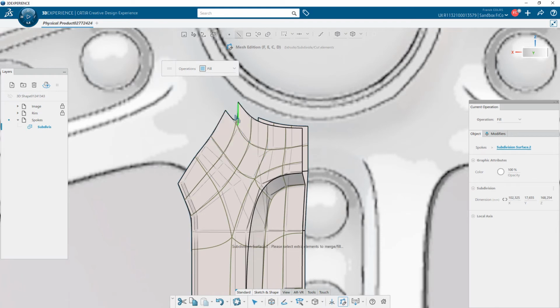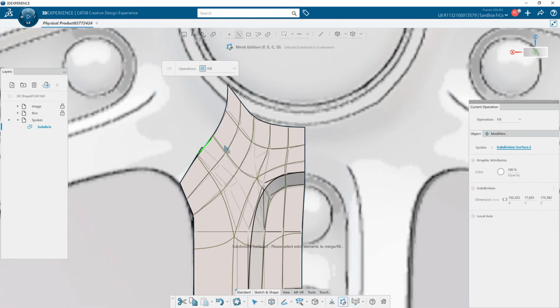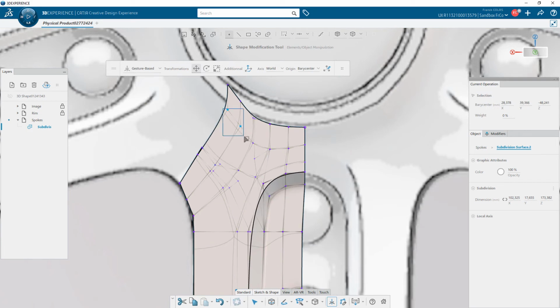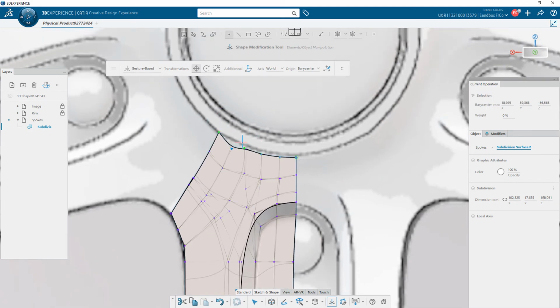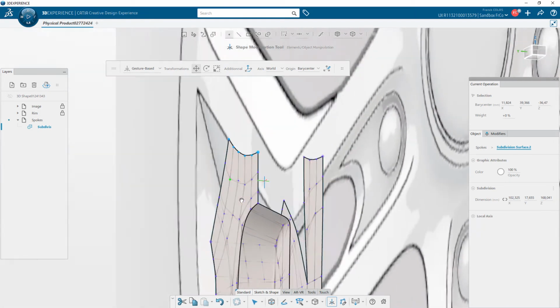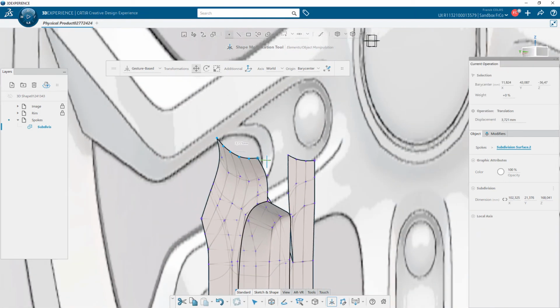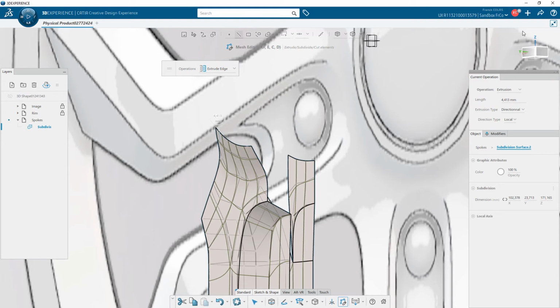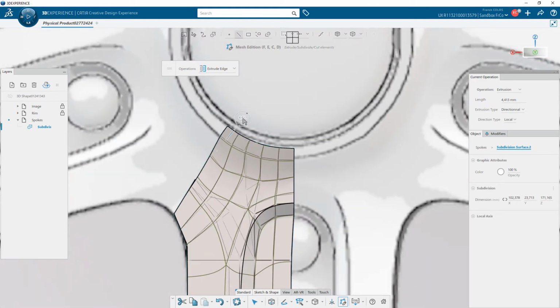I prefer to fill progressively one by one. When I am satisfied by the flow, I can continue to use the edge extrusion to create a little flat part and the bezel part around the center cap.